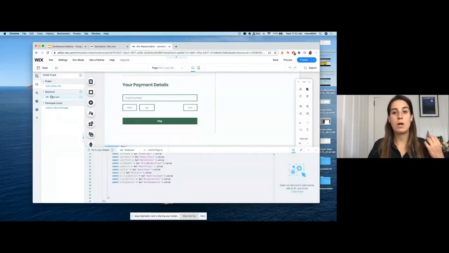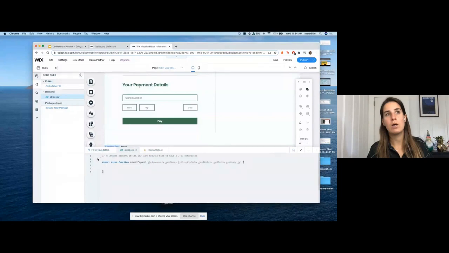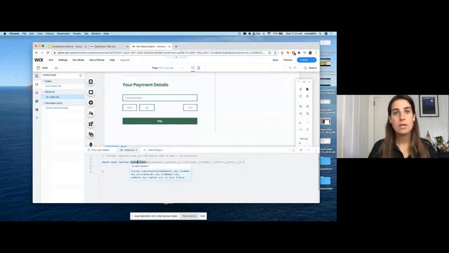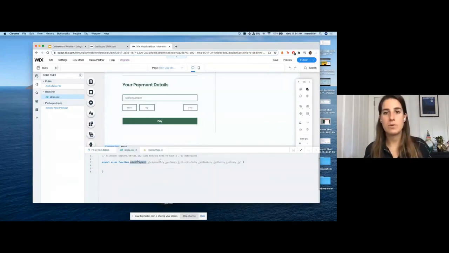This is for anything resource intensive that you don't want running on your UI, any utility functions that you're going to be reutilizing over and over again, and that might be in your public area as well. Anything that has API keys, you're going to want in your backend code, because it is private transactions. And here I have a function already stubbed out called submit payments. This is going to take in the different values that we need to actually process this user's payment,